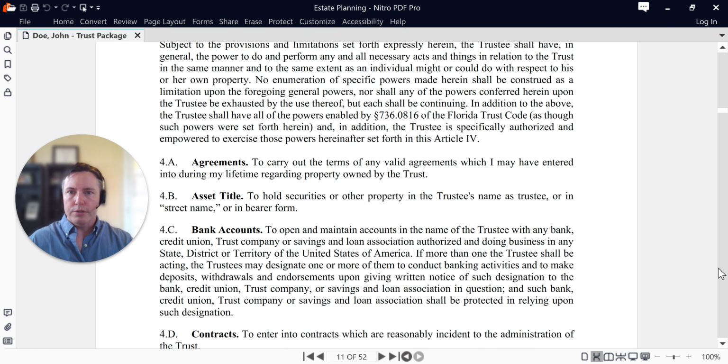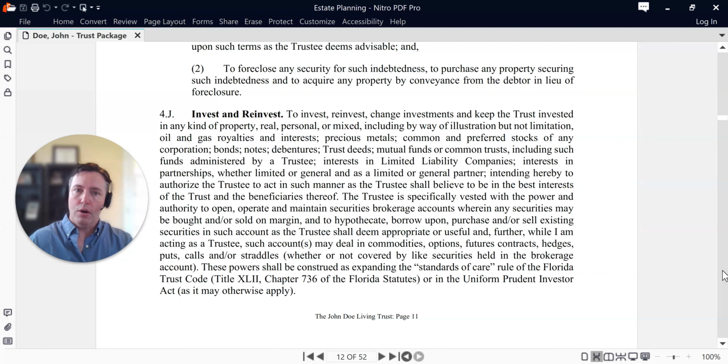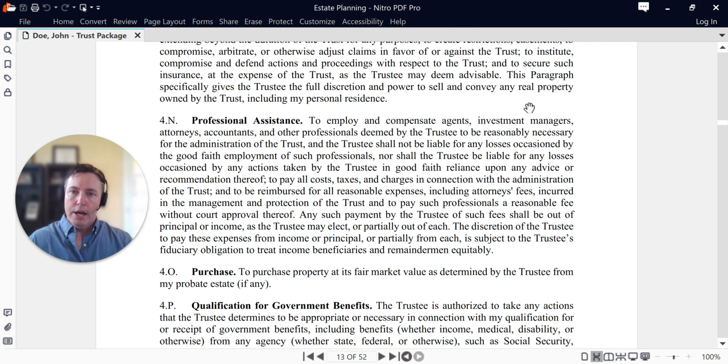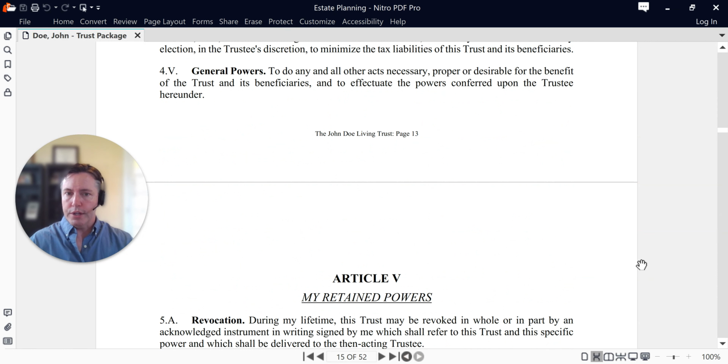And then Article 4 here is kind of a laundry list of all the powers that the trustee can exercise, which is pretty much everything under the sun having to do with trust assets. So anything owned by the trust after you're gone, they're going to be able to step in and invest and manage and pay out and control. Now, of course, they can delegate to professionals. They don't have to be an expert in everything. There can be an attorney. It's not necessary, but sometimes helpful, accountants for a final tax return, those kinds of things. But pretty much they're able to do whatever's necessary.